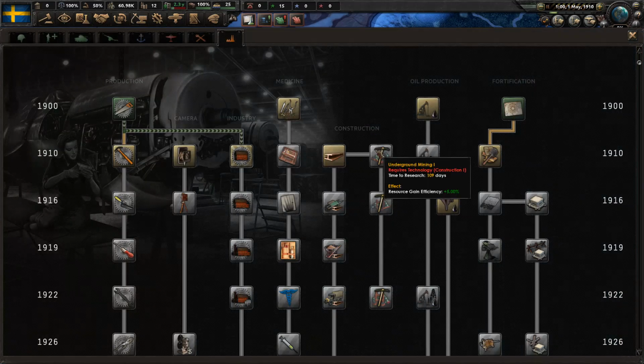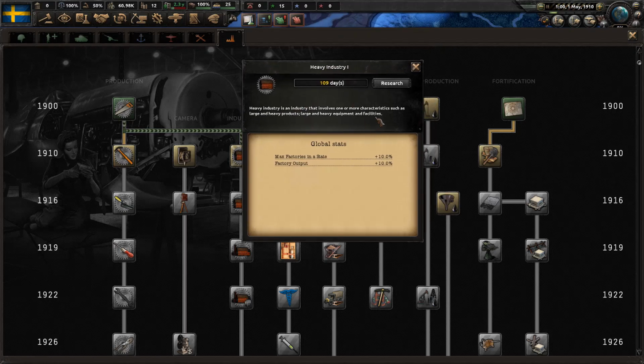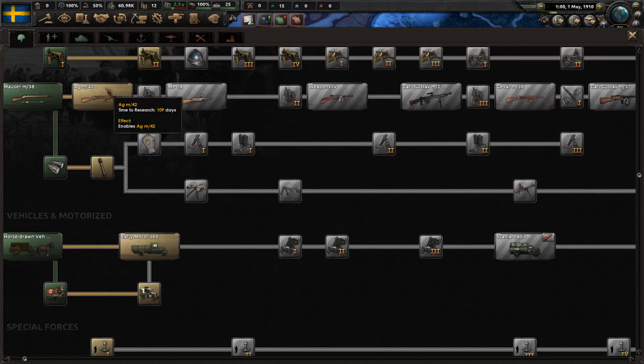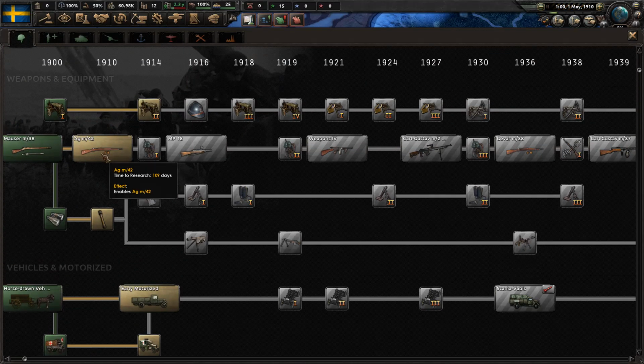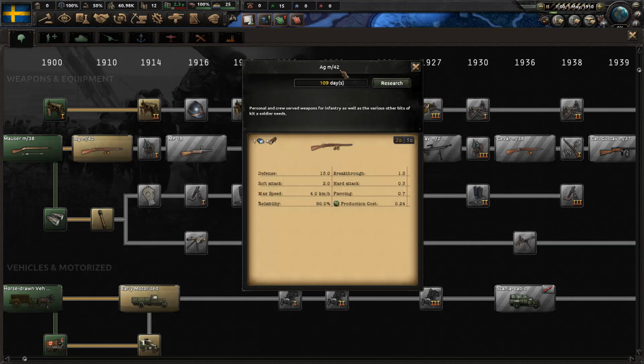It's going to increase our output by 10% and give us an extra 10% factories in the state. Heavy industry is an industry that involves one or more characteristics such as large and heavy products, large and heavy equipment, and facilities. And last but not least, I'm thinking either we go with metallurgy schools or we go directly to guns and start researching a better gun, because the longer we produce this old one, the worse we will be for wear. So...